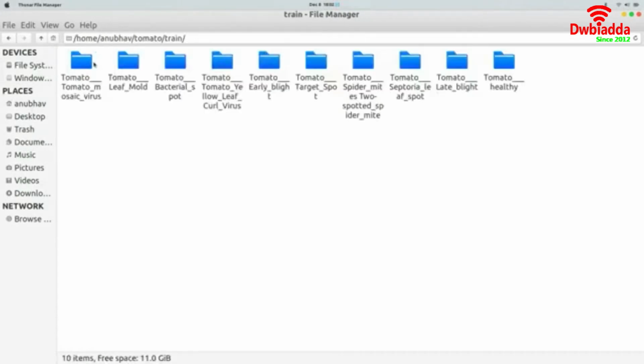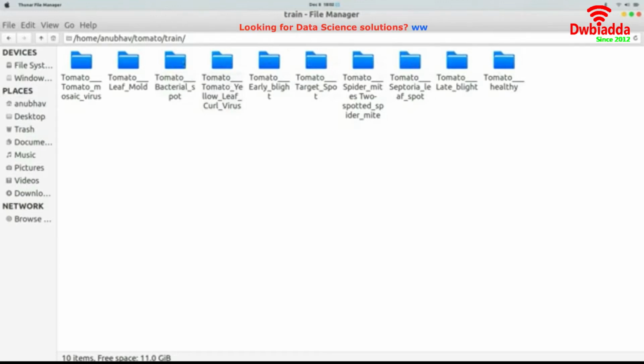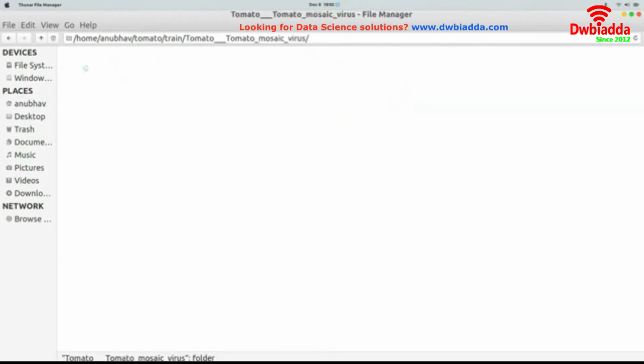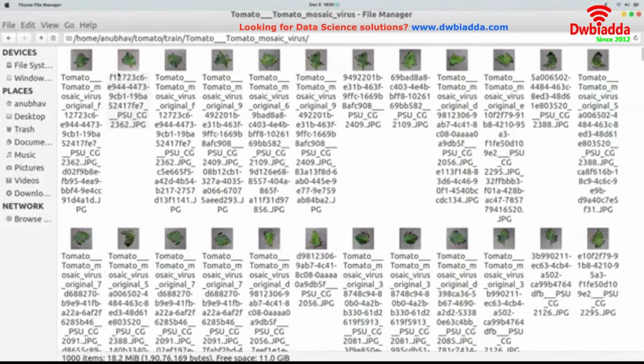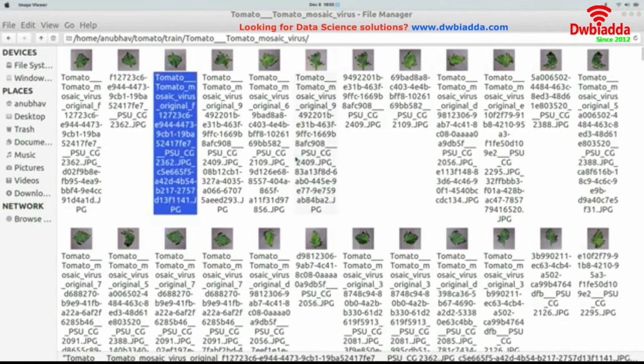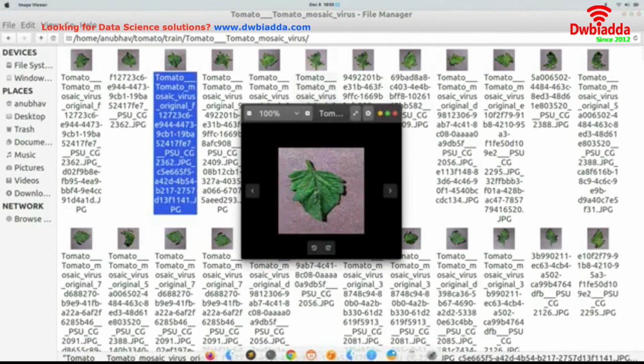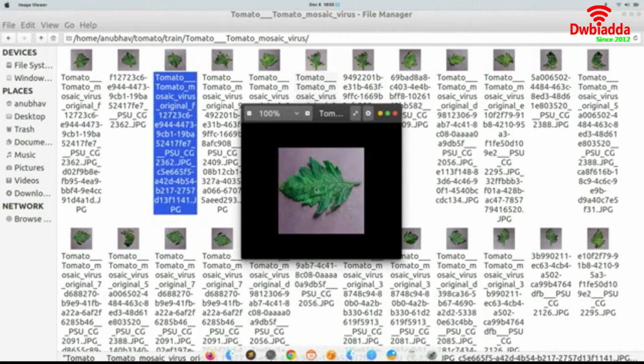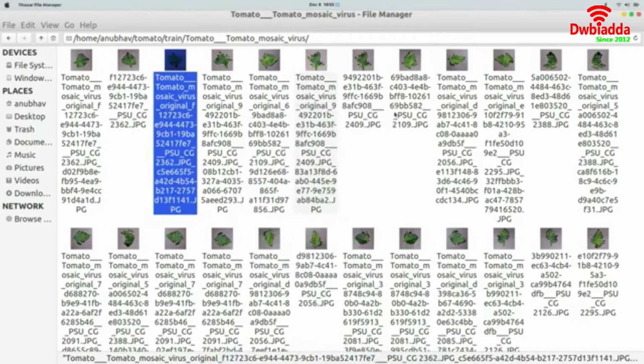In the training folder I have images of leaves from 10 different classes. If you go inside, you will find the leaves. If I open one for you, this is a leaf suffering from a disease called mosaic virus. Similarly, you have different kinds of leaves suffering from different kinds of problems.